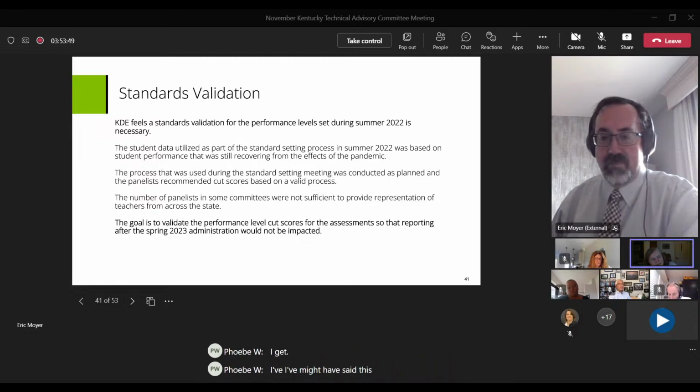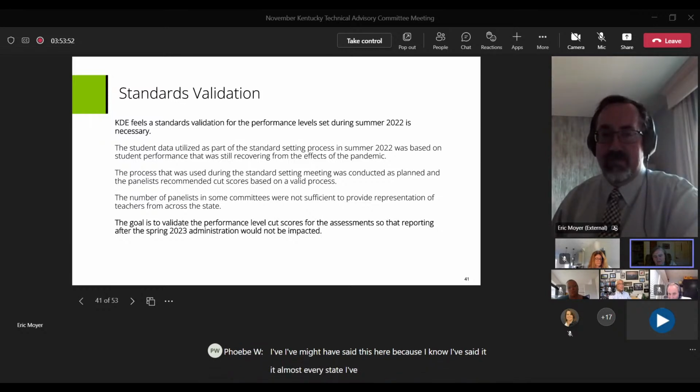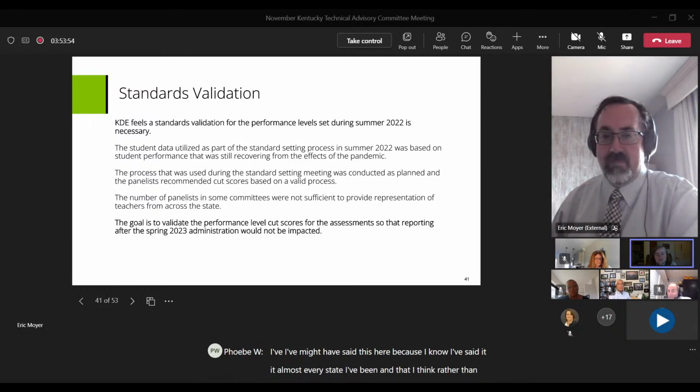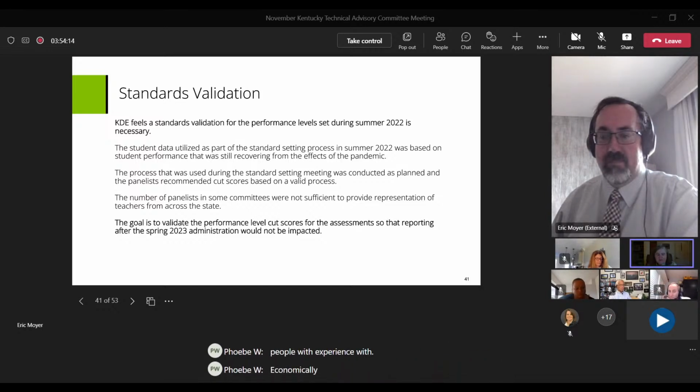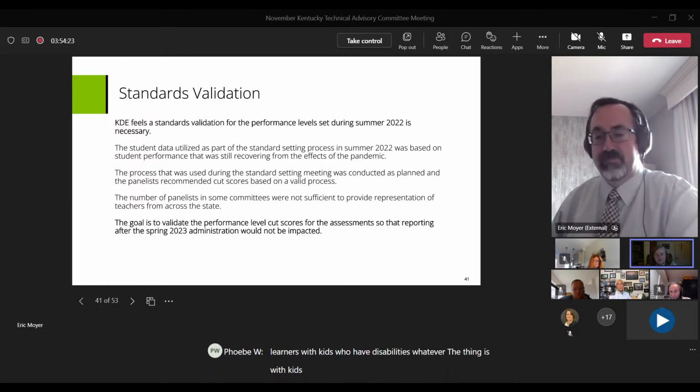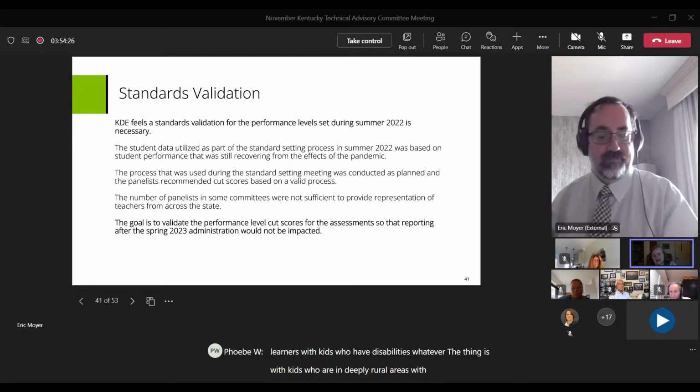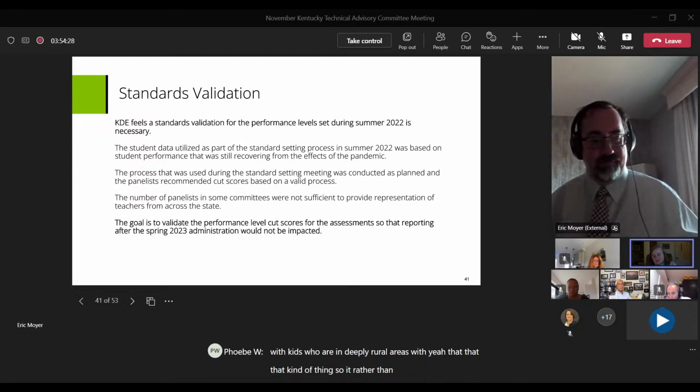One thing I've said in almost every state I've been in: you can include applications online in a pool, and there's nothing wrong with that. But do active recruitment. Go to districts and schools and say, we need people with experience with economically disadvantaged kids, with kids who are English learners, with kids who have disabilities, with kids who are in deeply rural areas. So rather than just relying on